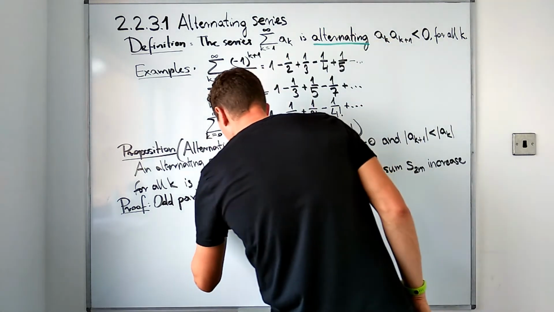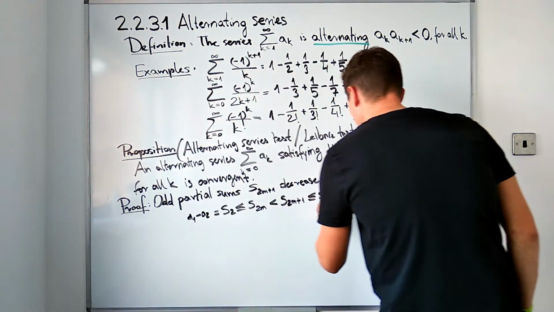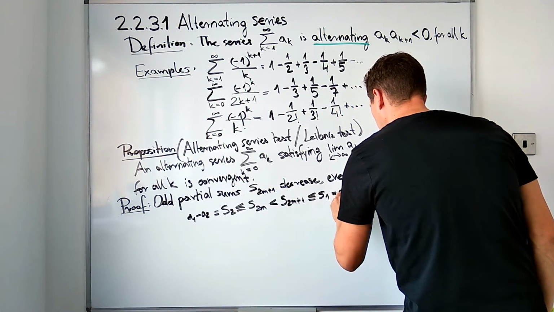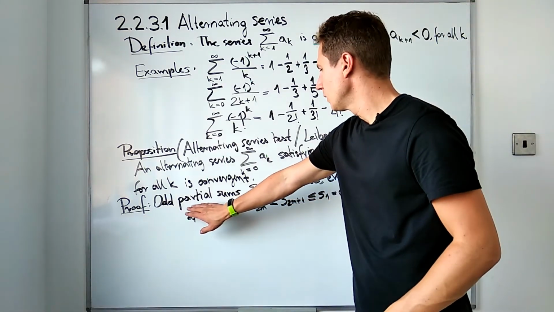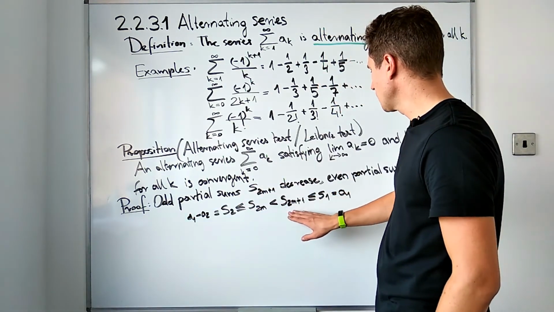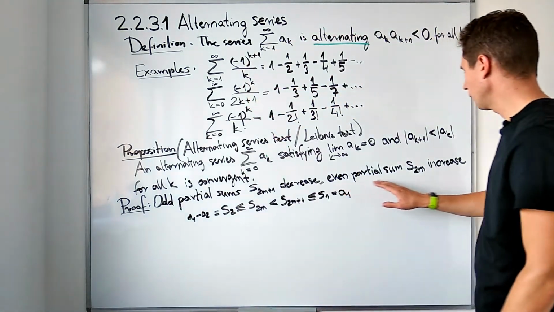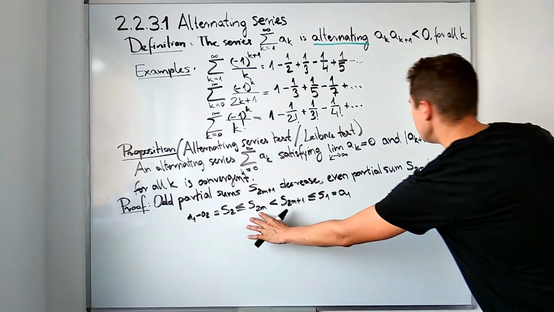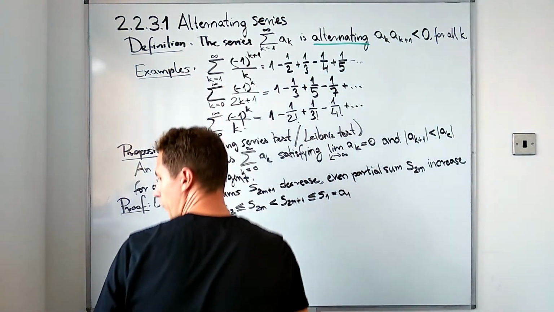This is just a_1 minus a_2, which is less than or equal to just a_1. So what we have here is the sequence of odd partial sums which are decreasing but bounded below, and the sequence of even partial sums which are increasing but bounded above. So by the monotone convergence theorem,